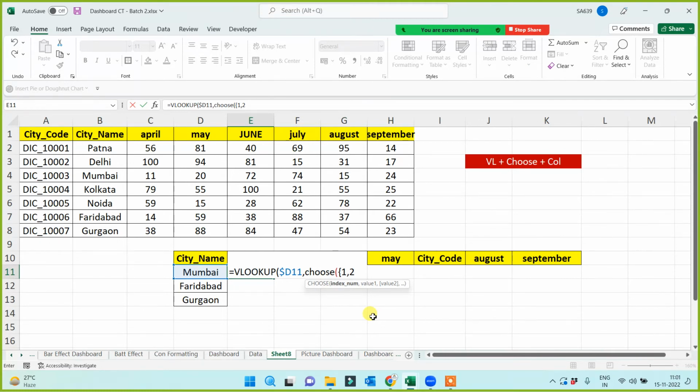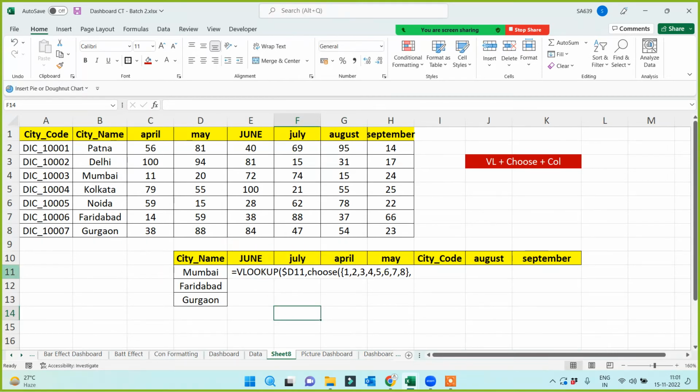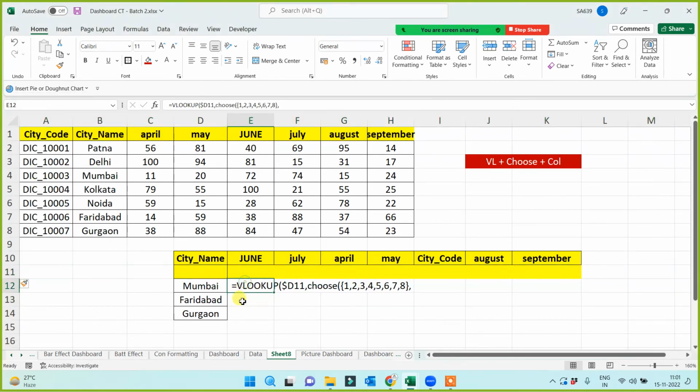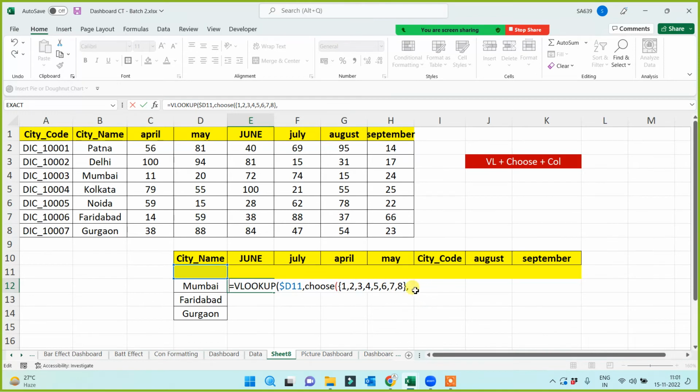bracket close. This time we have to take the total number of columns: 1, 2, 3, 4, 5, 6, 7, 8, up to 8, because we are going to take them all together dynamically. Yes, and we have to place the values accordingly to our headings. So I'm just giving a gap here so you can easily see that as per